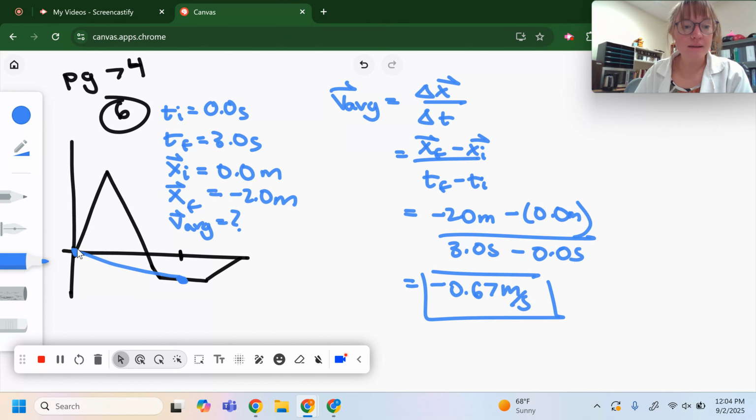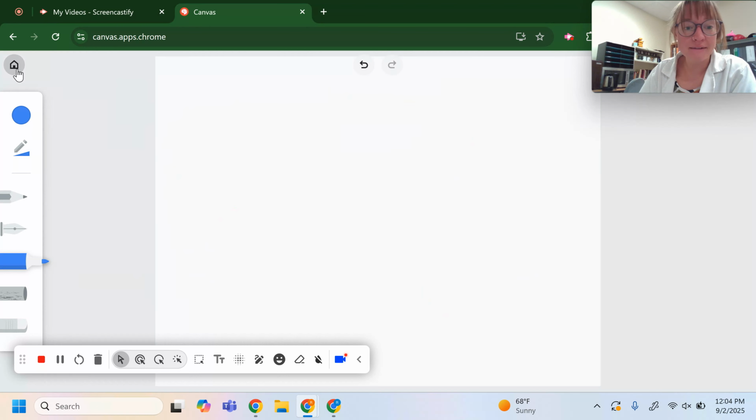So notice, anytime my slopes are positive, that means the squirrel is moving forwards. Anytime my slope is negative, that means that the squirrel is moving backwards. And so because I ended up with a negative number here, that means for most of the time the squirrel was actually moving backwards. The last thing that I want us to look at for today is